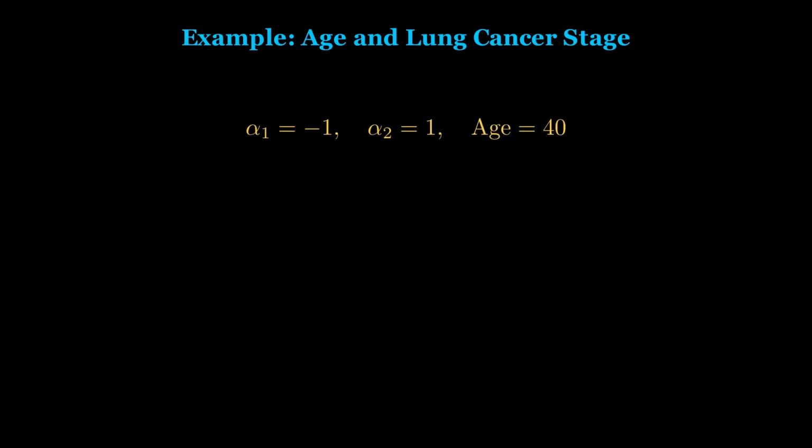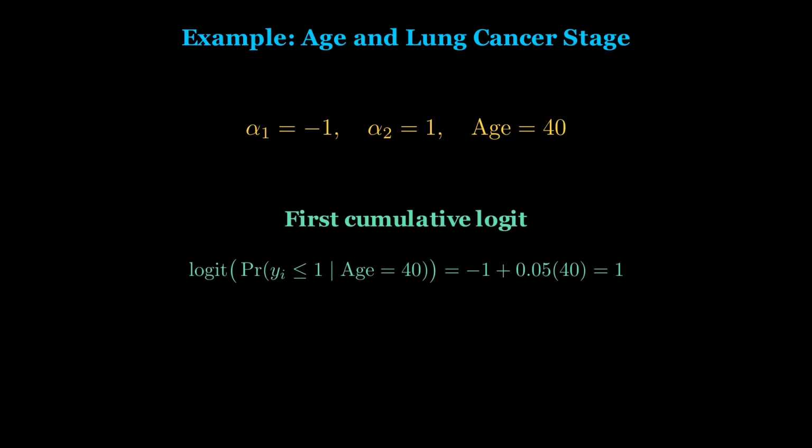Assume alpha 1 is -1, alpha 2 is 1, and we're looking at a 40-year-old. For the first cumulative logit, we take alpha 1, -1, plus 0.05 times 40, which is 2. -1 plus 2 gives us 1. Converting that logit back to a probability, we take e to the 1 over 1 plus e to the 1, which is about 0.731. So based on this model, a 40-year-old has a 73.1% chance of being in the no